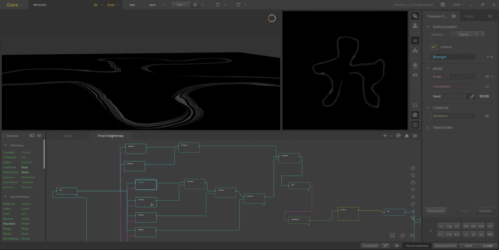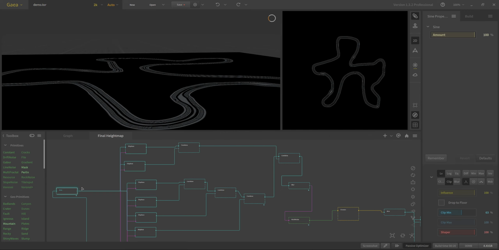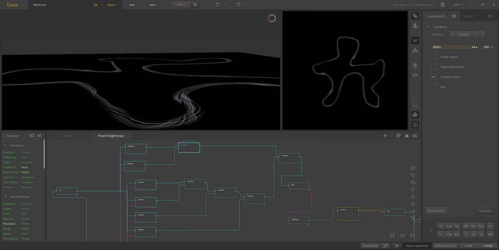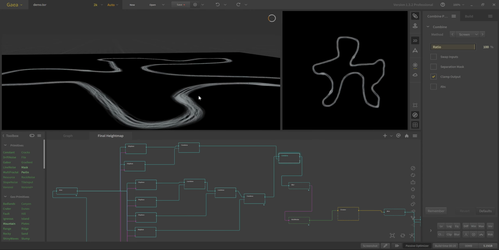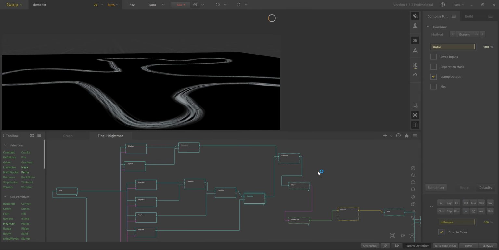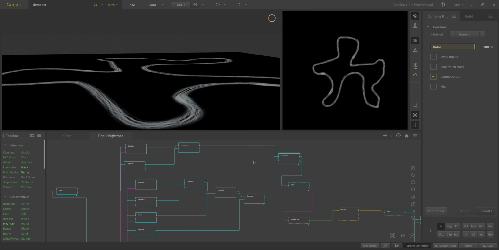yeah, these are all just displaced nodes coming from the same sine wave or sine node. And then I just combine them all together using the screen at 100%. So once you have them all combined together and down into one node, it's going to end up looking something like this. Okay. Another thing we don't need to worry about is you can wait until the very end. You're going to auto level that out, and then we can also take the clamp off, just for fun. So yeah, at this point, we've got